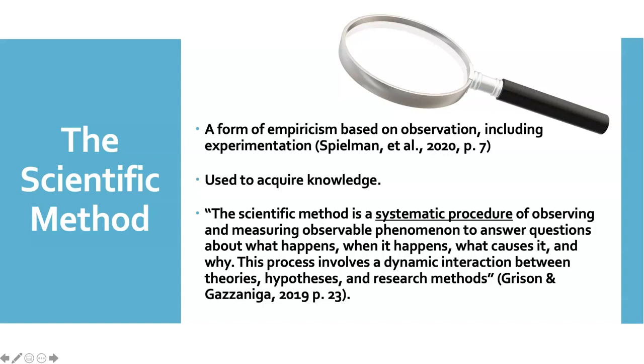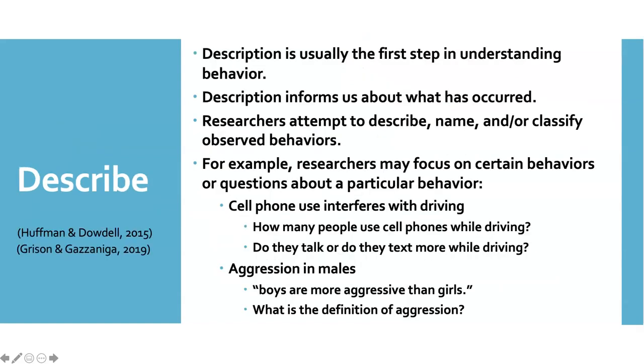Earlier, you will recall that I stated that psychology is a science. As such, it seeks to understand the behavior of others and to gather information about how our mental processes function to better serve the needs of people. The description goal is usually the first step in understanding any behavior. In this step, the description goal informs us about what has occurred.